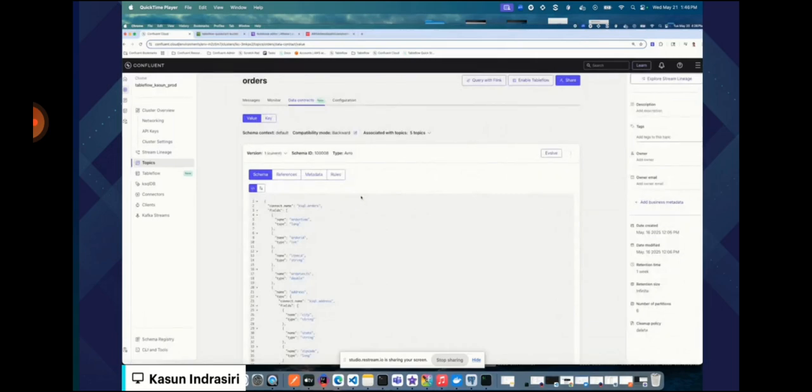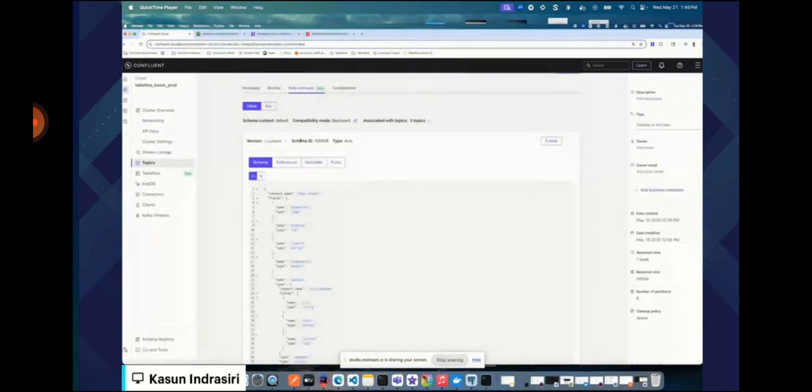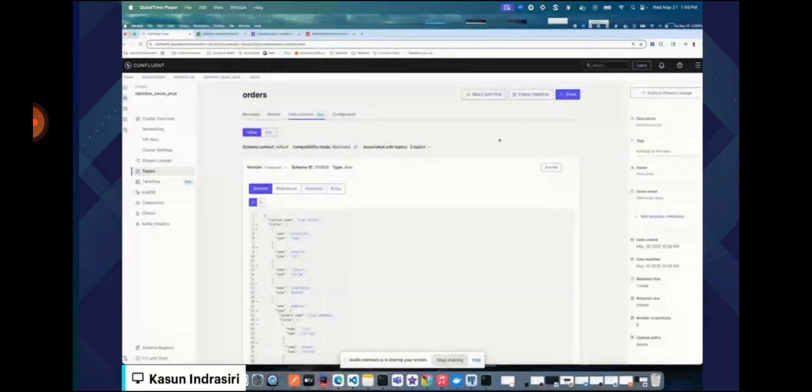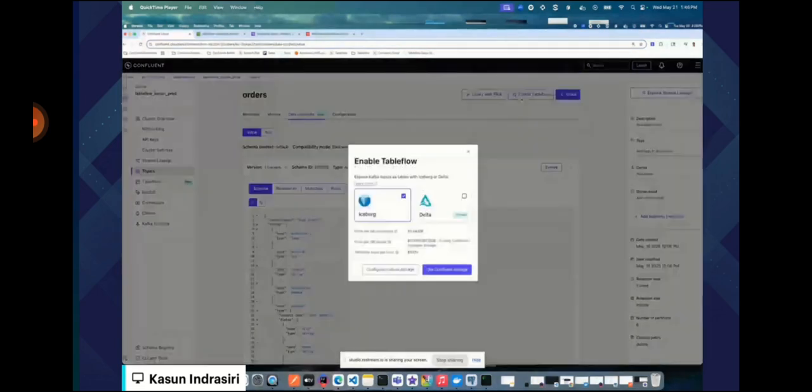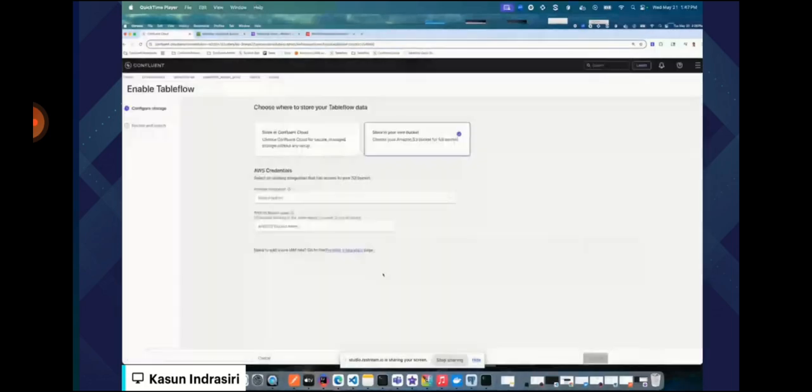Now, to enable Tableflow, you just need to click on enable Tableflow, and with that you have to select the table format. We are currently supporting Iceberg as a generally available feature, and Delta Lake as well. For this demo I'm using Iceberg, and you can also select your storage option. You have the option of selecting custom storage or using Confluent managed storage, but for this demo I'm using custom storage.